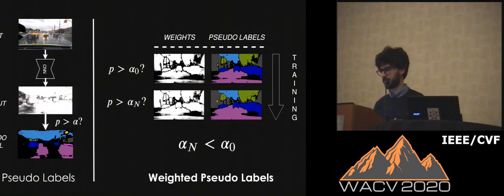For the sake of time, we are going to discuss only our second major contribution for UDA, that is weighted pseudo-labels. Pseudo-labels is a widely used UDA strategy where unlabeled images of the target domain are processed by the segmentation network. Then the prediction is assumed to be correct on pixels with highest confidence that are used as labels. This is typically regulated by fixed thresholds that can be obtained using ablation studies or dataset analysis.